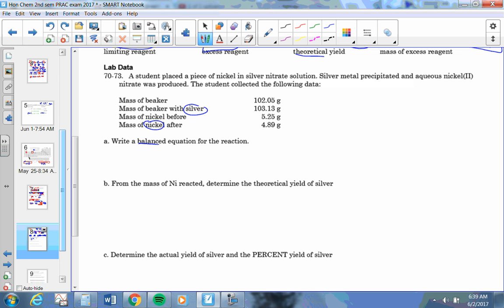write a balanced equation. Let's see, a piece of nickel, that would simply be Ni, in silver nitrate, AgNO3, Ag is always +1, NO3 is -1. It's a single replacement, so it kicks out the silver, it's precipitated, and when we're all done, we'll have nickel 2 nitrate,